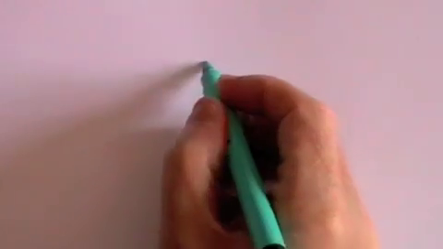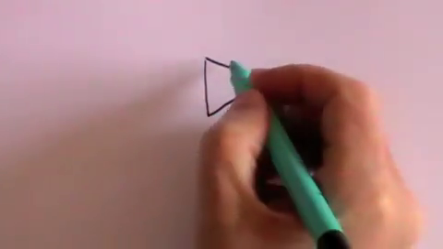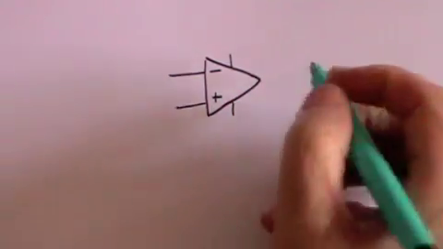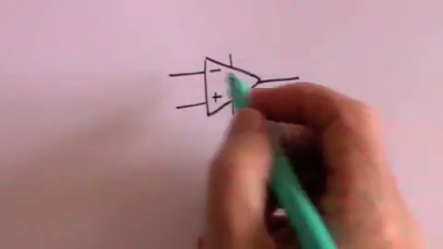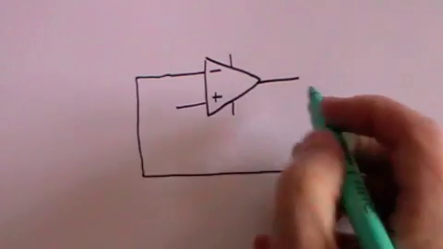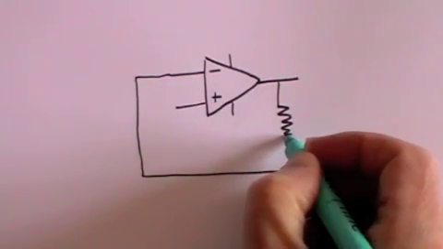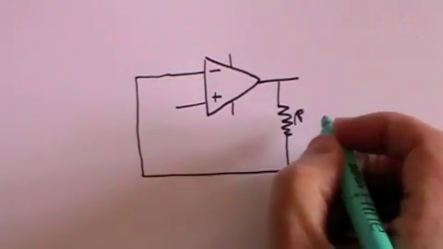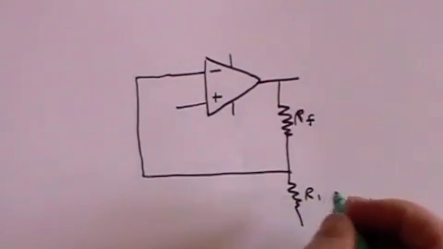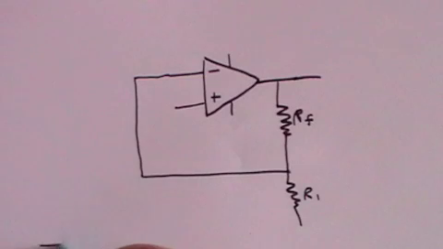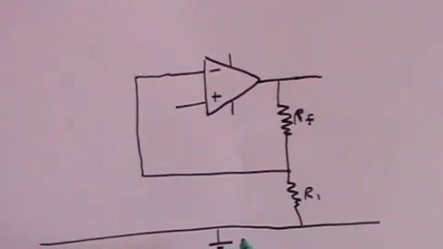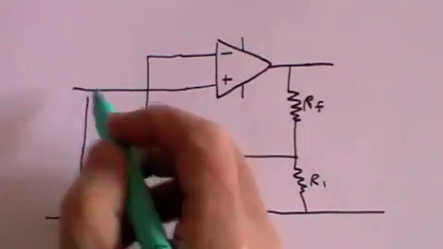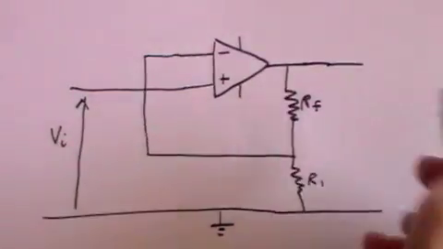This is now the non-inverting amplifier. Once again, we take the operational amplifier, which will of course have its power supply, which we won't bother with. We have the minus and plus terminals, we've got the output, and here we have a resistance and another resistance. We'll call this RF and we'll call this R1. This is the earth. This is the input voltage, that's V in, and this is the output voltage,